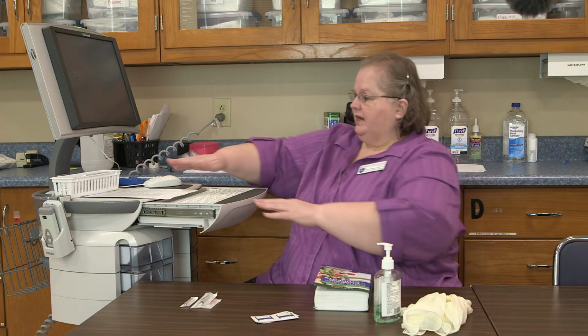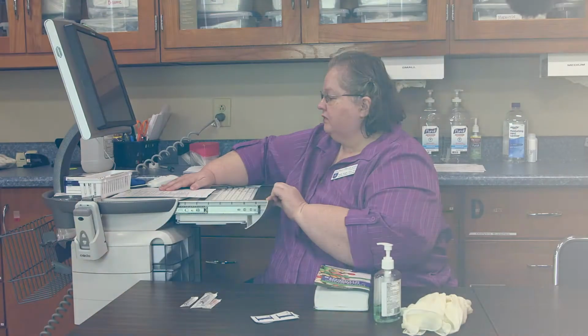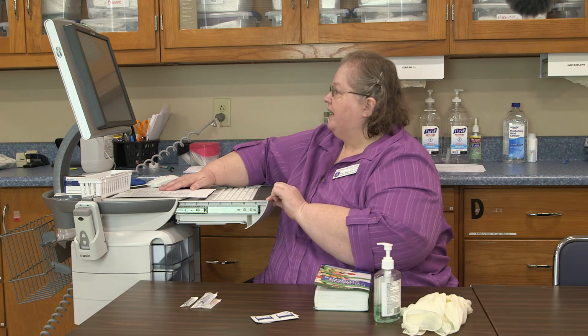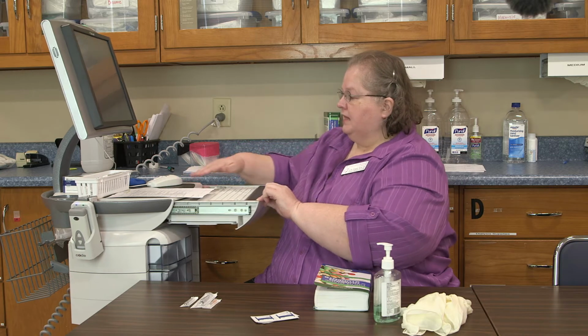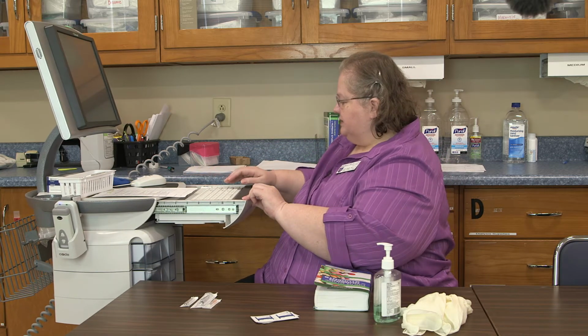First thing that you want to do when you are administering medication is check and see what medications you need to administer. So I'm looking at my MAR, and I'm to give amoxicillin 400 milligrams and morphine 2 milligrams to F. Gordon. I want to first of all get those medications out,